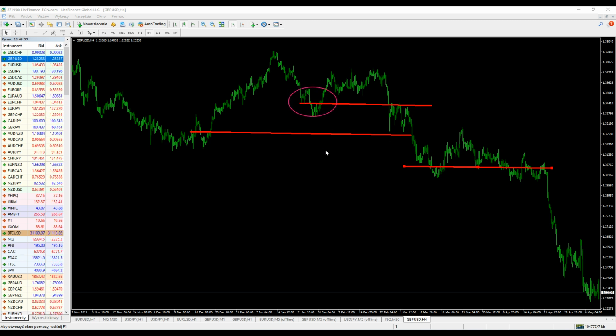Another one here, possible inverted head and shoulders, all right? No right shoulder, straight move to the downside, but because it was not that clear, right? We knew where our entry was going to be, here, here, and here. Of course, the target was supposed to be done on the smaller time frame, because we knew where the first demand was going to be, an untested level from the previous broken head and shoulders. All right, and finally